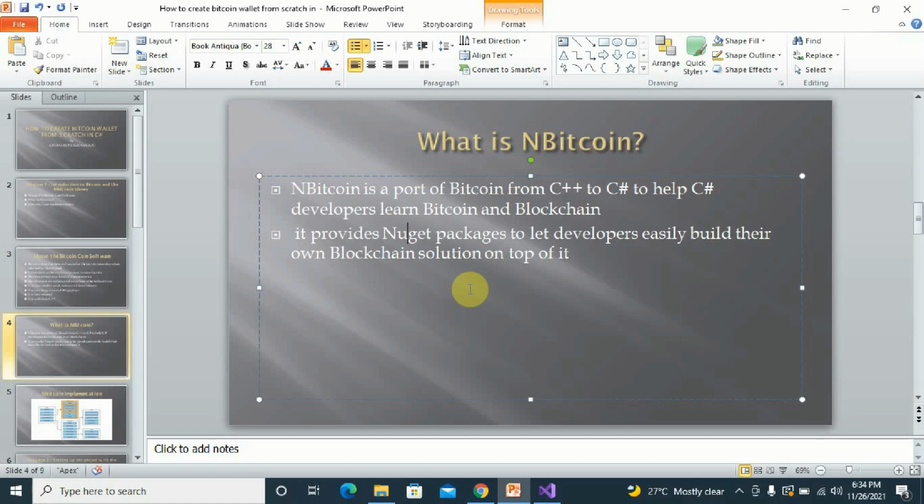You can check on their GitHub page. Source codes are there. You can look at it. You can read about it. And every day, every month, every year, developers are contributing to the Bitcoin core software, and they are modifying and